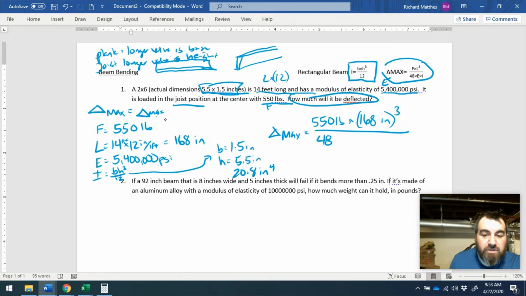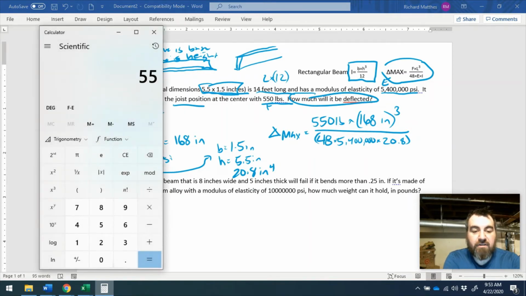48 times E, which is 5,400,000, times I, which is 20.8. Okay, so this is times, and this is times. We're going to put all this on the bottom in parentheses, because if it's in parentheses, then it'll divide this whole thing rather than just the first number. So we take 550 times 168 to the third power, divided by, we'll put this all in parentheses, 48 times